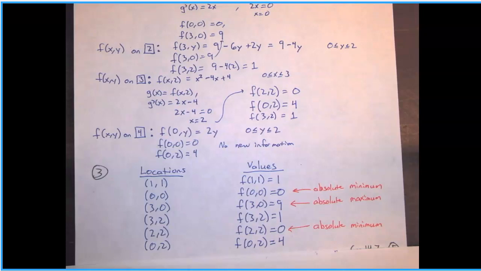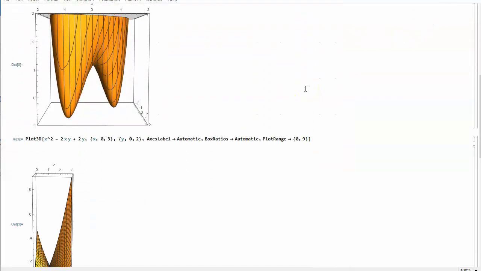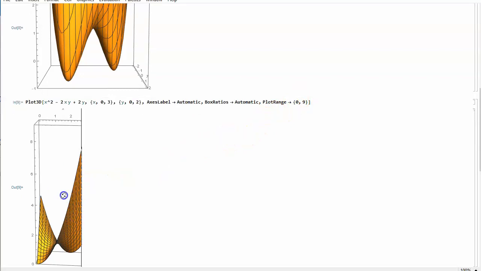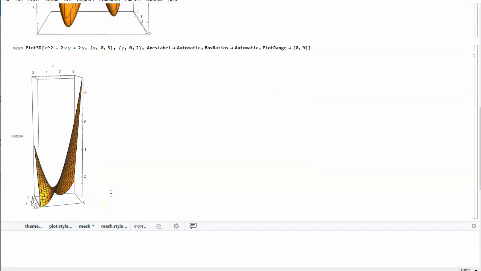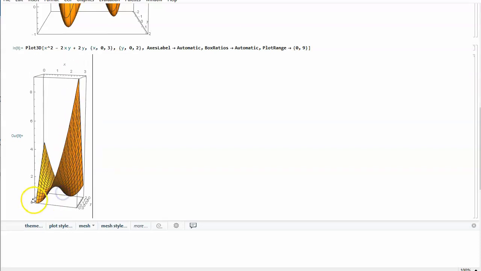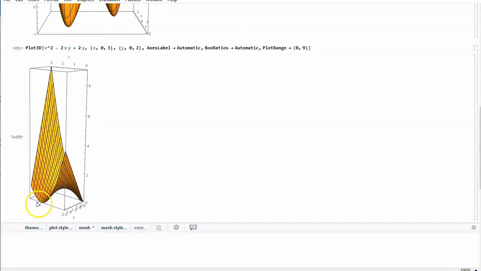Before we move on, let's take a look at what this function looks like. This function, which was x squared minus 2xy plus 2y, just on that rectangle, looks like this. What immediately pops out to me is that the maximum is definitely 9, and it's occurring at one of these corners. The minimum, if you look down here, is 0, and it's occurring at one corner, and here at another point